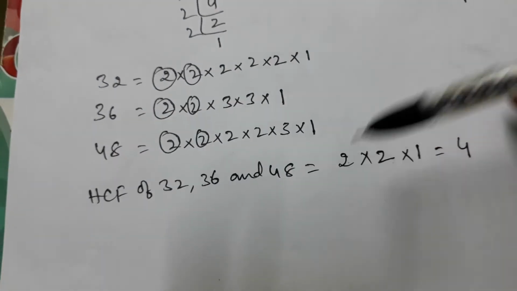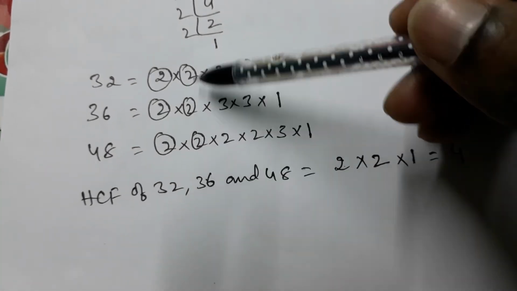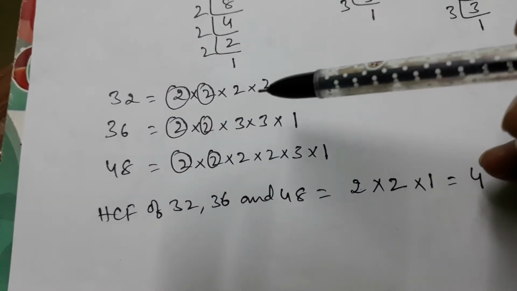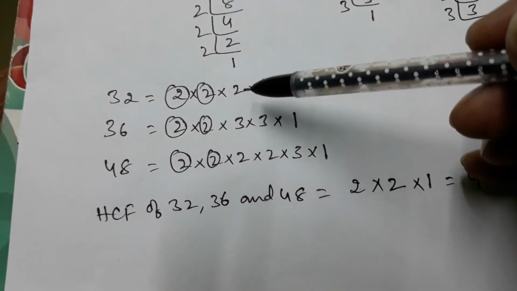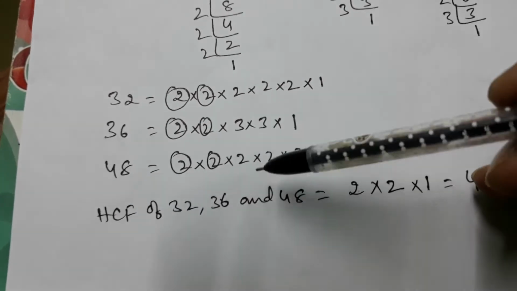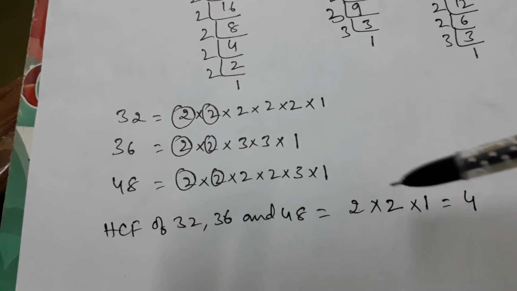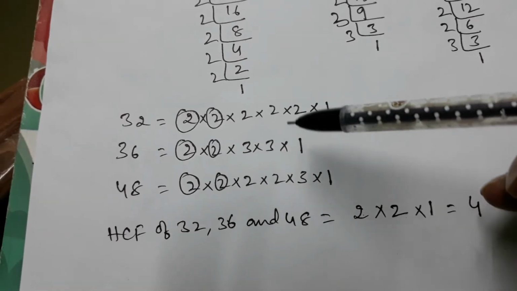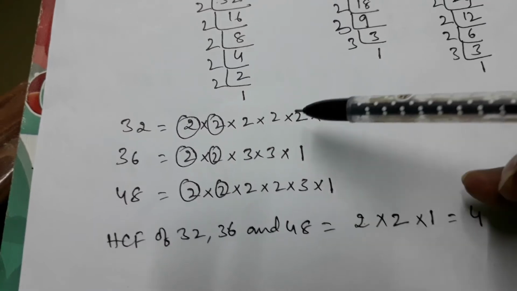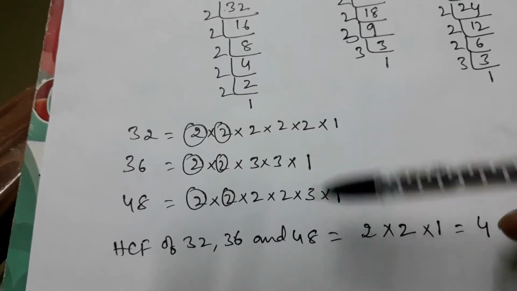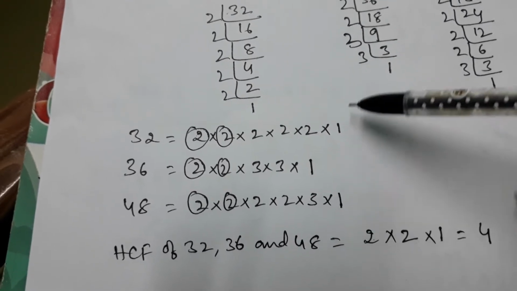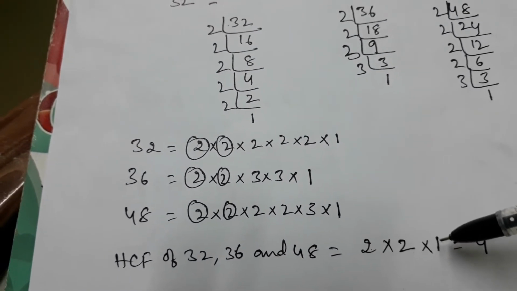Right, one time here. Now next, 2 is a common factor for all. Right, one time here. Next, what is the number there? One more 2 is there, but it's not there in the second one. It's there in the third one. It should be common in all, then only take. Otherwise, don't take. Now another number, is there any other number common in all? 3 is there in this and in this, but not there in this. So don't take it. Take only what is common in all. Next number is 1, which is common in all.